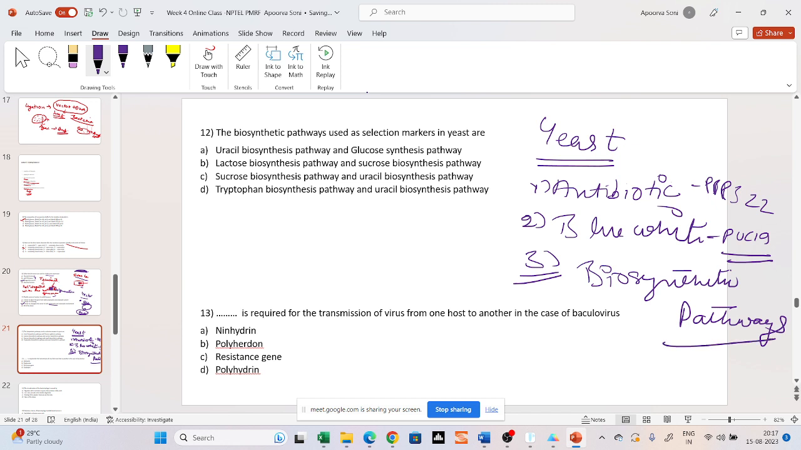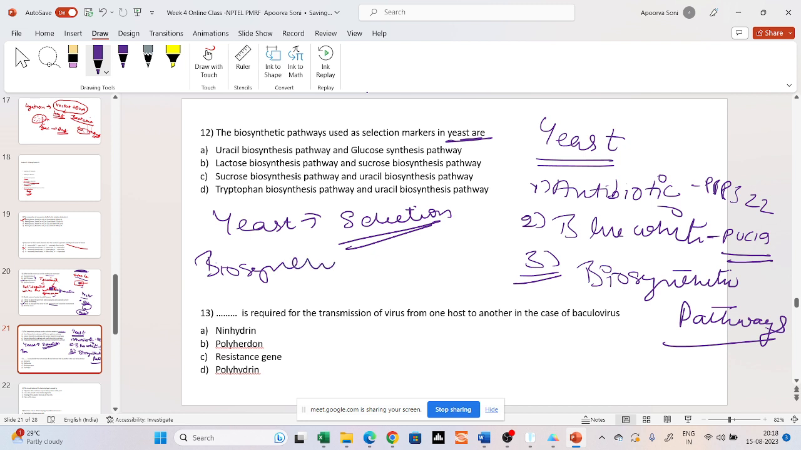Okay, so the two in yeast, basically for the selection criteria, uniquely there are biosynthetic pathways. And the two biosynthetic pathways that are used in yeast are D, that is tryptophan biosynthetic pathway and uracil